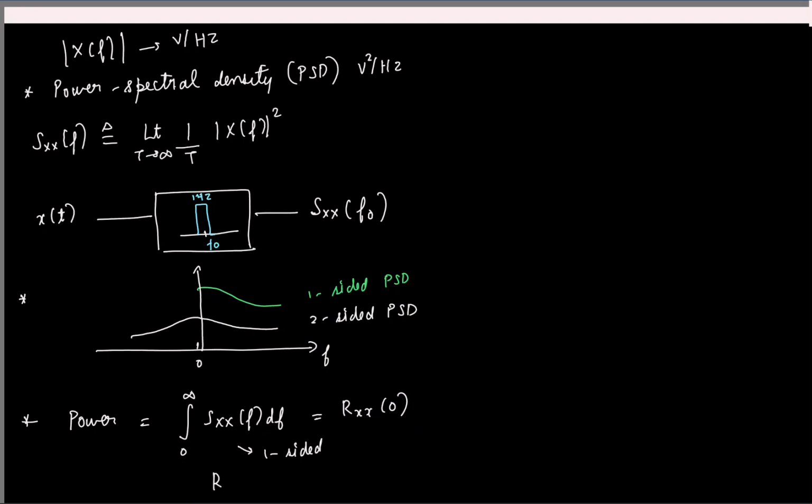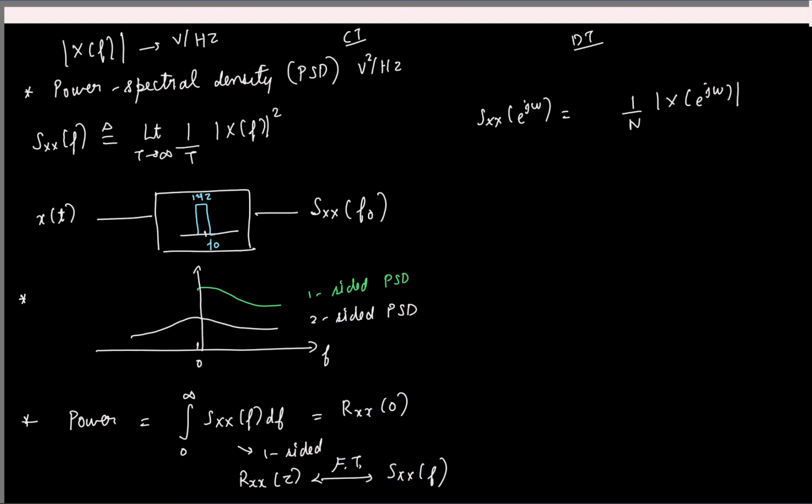It's a Fourier transform. So if I take this and take the Fourier transform, I'll get the power spectral density, right? So again, we can have the same thing in the discrete time also. Here I'll just quickly write for the sake of completeness. Here it is all with respect to n, magnitude squared of the discrete time Fourier transform